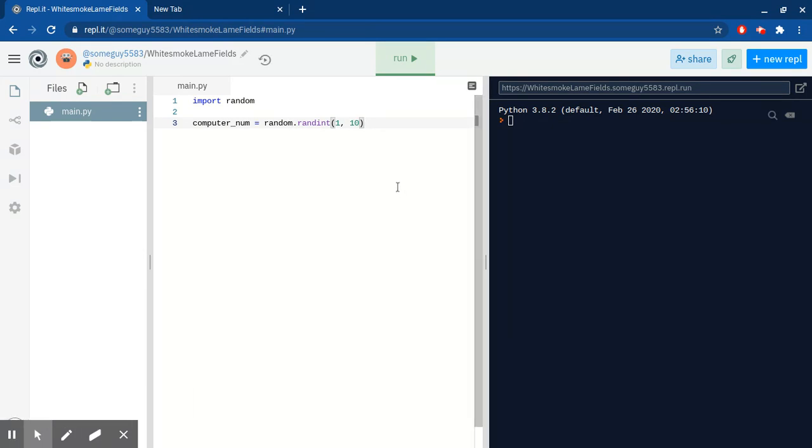Okay, now what we want to do is make another variable. Now we're gonna make user input, which is called user guess, which is equal to int input, enter a number, and then we are going to